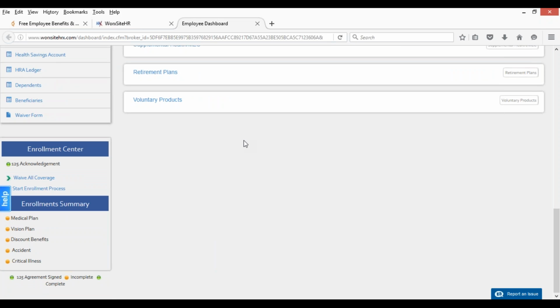In the Enrollment Center, we have a couple of options. We have the option to waive all coverage, which is just what it says, where if you click that button, it means you are not enrolling or interested in any product that the company is offering. Okay, and then enrollment stops. All right. Underneath of that, you see Start Enrollment Process, and clicking that button or text will take you through